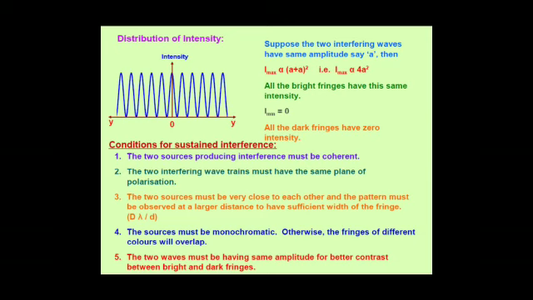Then if we use two sources with the same amplitude, then at the minima we will obtain clear darkness, because both the amplitudes will cancel out each other. So to observe a clear interference, we have to keep all these things in mind. Then the two interfering waves must have the same plane of polarization, so that they can superimpose clearly.